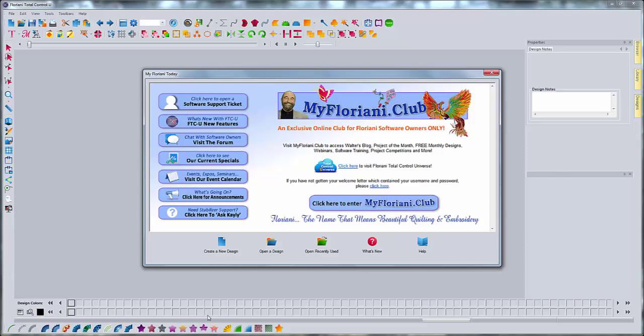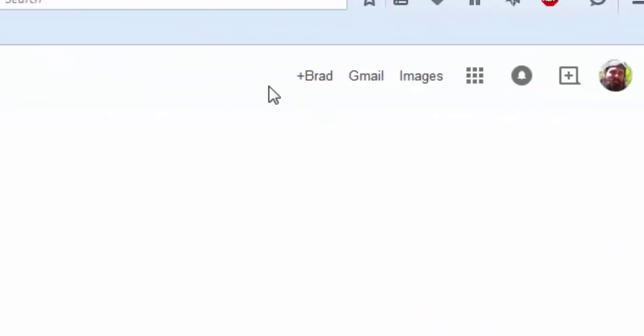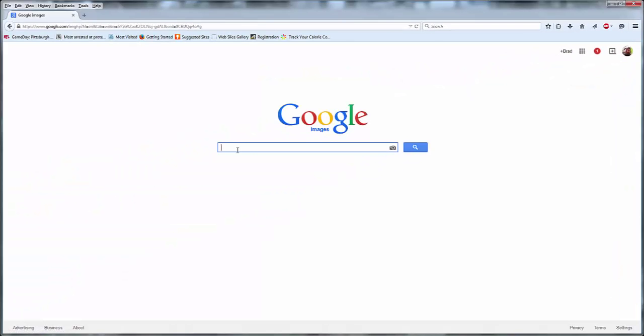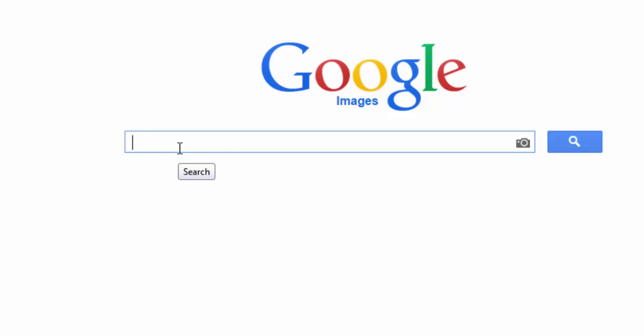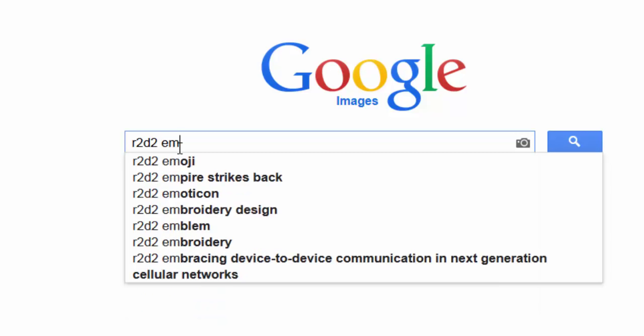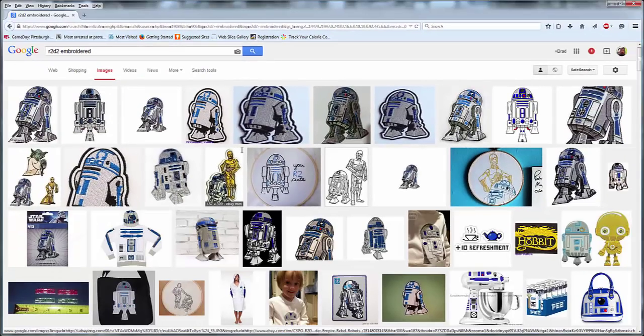So I want you to go ahead and open a web browser, any web browser, and go to google.com. Go up in the upper right hand part of the screen where it says images, and left click on images. I am going to search for something Star Wars related. In this case, I'm going to search for R2-D2. You could search for whatever you want, but you type in the thing that you want, so R2-D2, and then you put the word embroidered. Okay, and that should get you a selection of images, at least some of them, that are already digitized designs